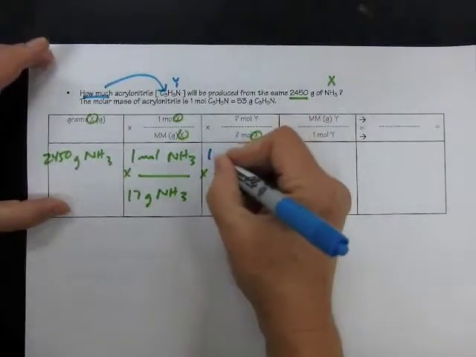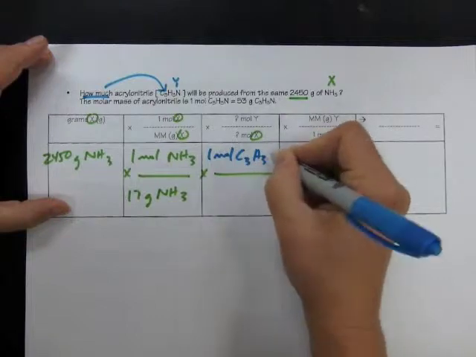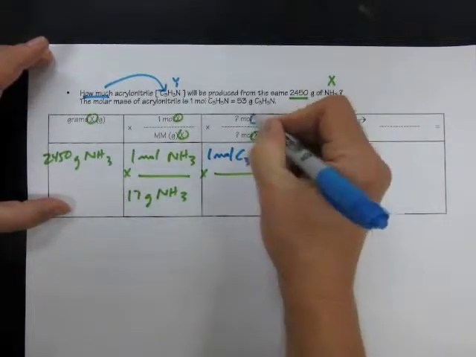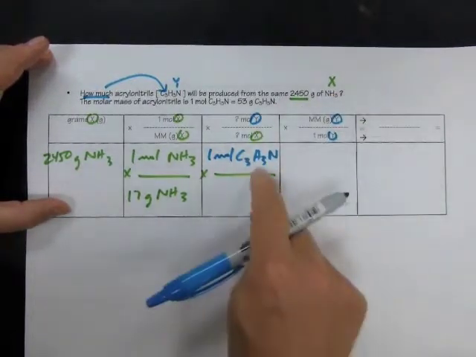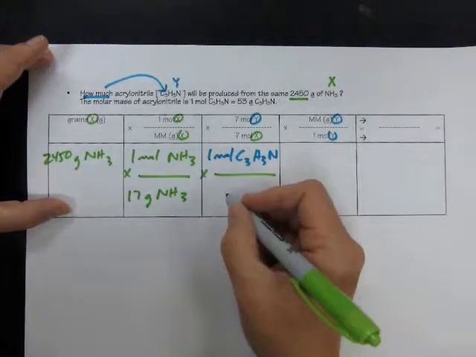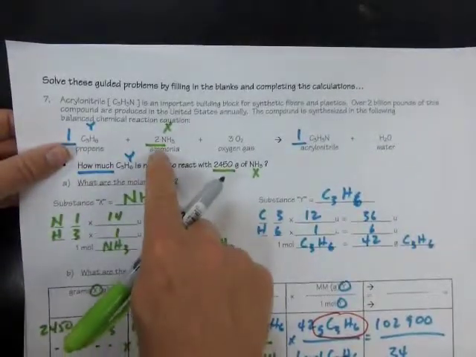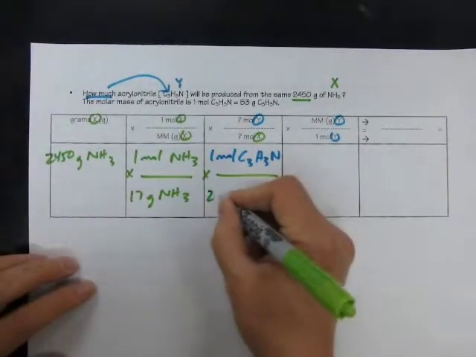So let me put down 1 mole, C3H3N. Everywhere I see Y, I'm going to write the formula for acrylonitrile. And on the bottom, how many moles of the X substance? The X substance was ammonia, and again that was a coefficient of 2 in the balanced equation, so 2 moles